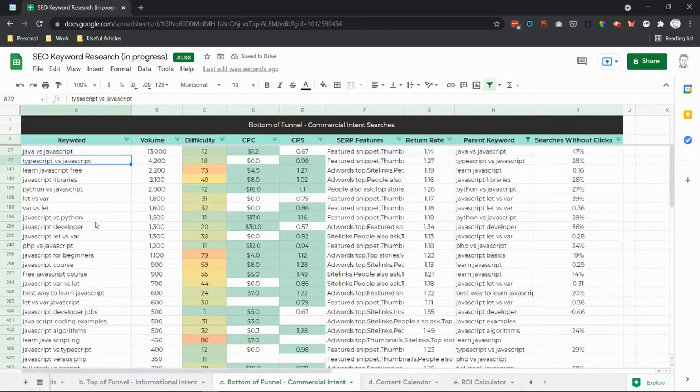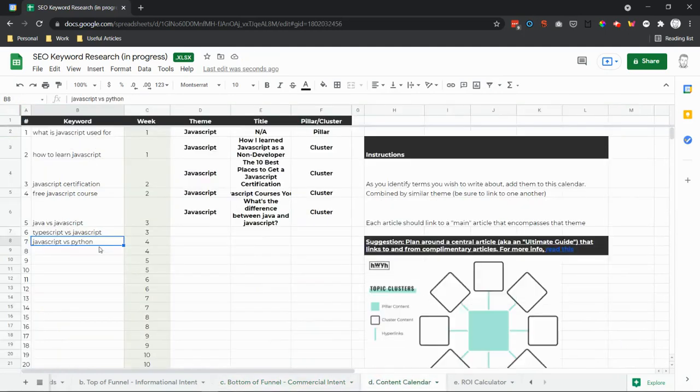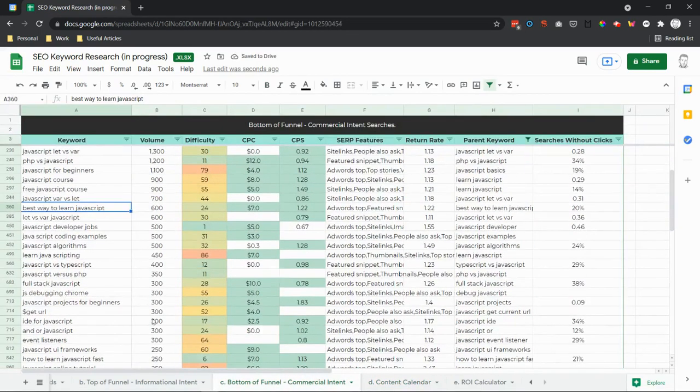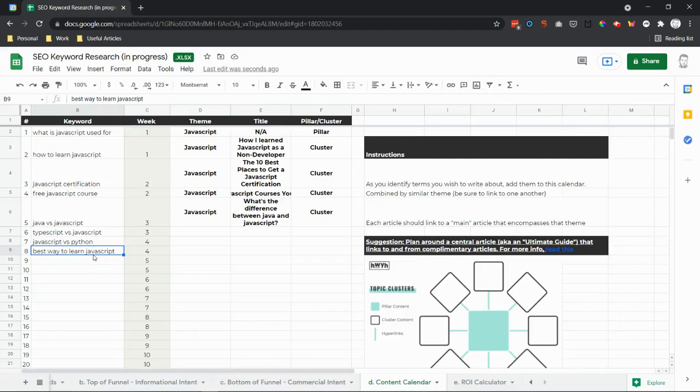And you can say JavaScript versus Python, 11 difficulty. And the best way to learn JavaScript. All right, here we go. Just like that, we have figured out 8 articles. So that currently we have it occupying 4 weeks,